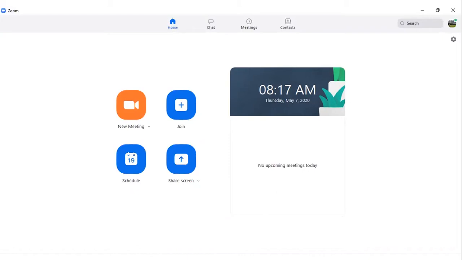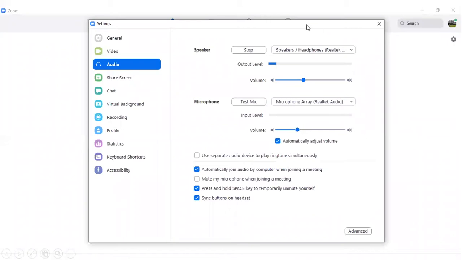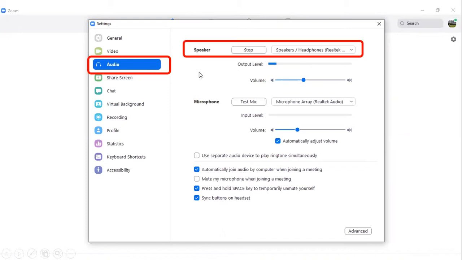So once you've logged in, what you're going to do is go to your settings. If you look in the top right corner, you're going to see the gearbox for settings. Go ahead and click on that. Once you do, your settings panel will open, and in the left pane, you'll want to click Audio. When you do, it'll change to show you the audio settings, and what you're looking for is towards the top